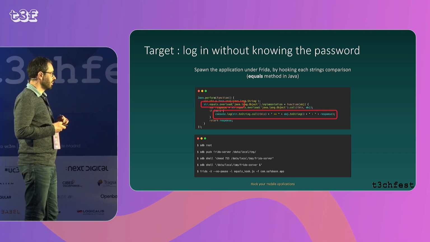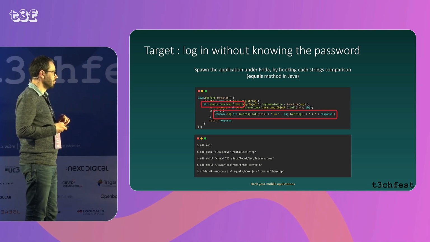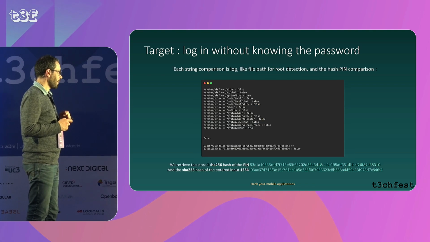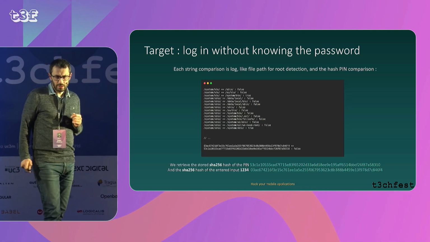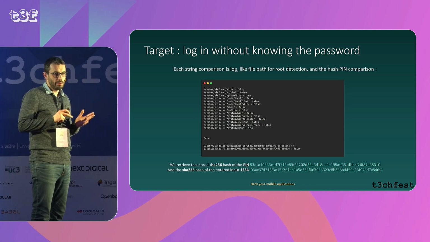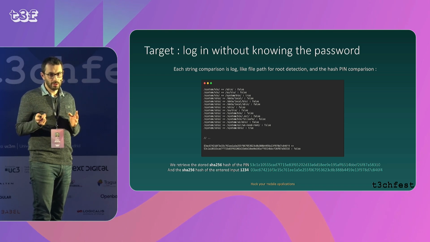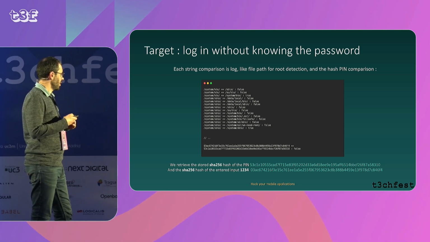I run this command to be root, to run Frida, and to run my application with Frida. What can I see? Now, each time the equals method is called, I have a log,